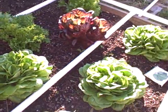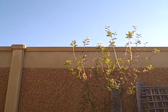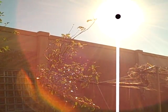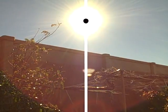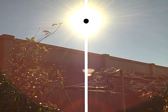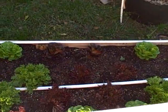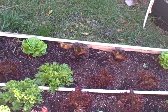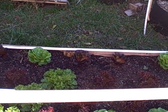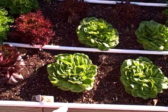Getting to be this time of year with this big, humongous wall right here that the city put up to block the sound of the road they put in. The sun is just above the camera in dead center. I don't want to blind you guys. This whole area is going to be getting shade, and we still have about another 50 days or so of getting less and less light. So pretty soon even this is going to be in total shade,